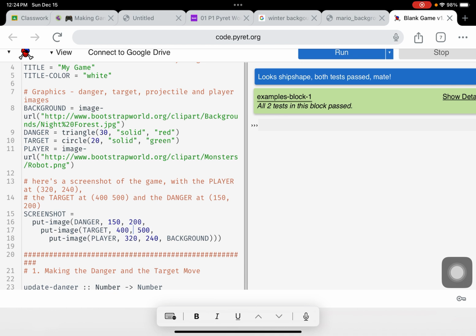Probably because the player is on top of the danger, so you can't see the danger. So, let's see, if we change these numbers,